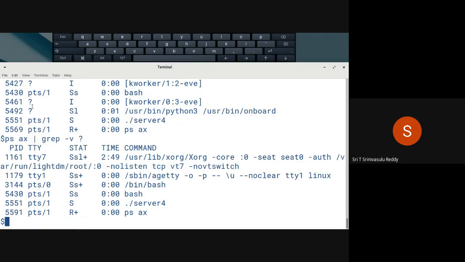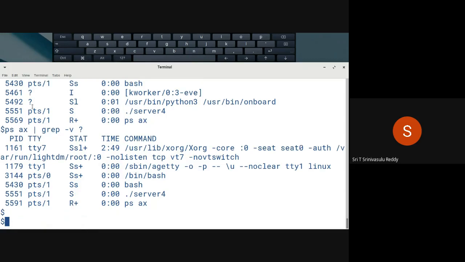So when you give this, now you can see only limited things are there as a part of it. So what are the programs that are running? Server 4 is running and PS is running, these two. And the main bus, whatever is there, that's still going on as a part of that. Now, whenever you run the client programs, we have to run ./client. Client means client 3. Run this in the background.